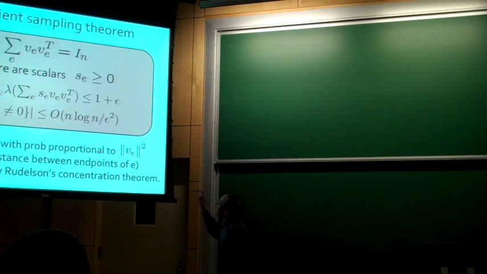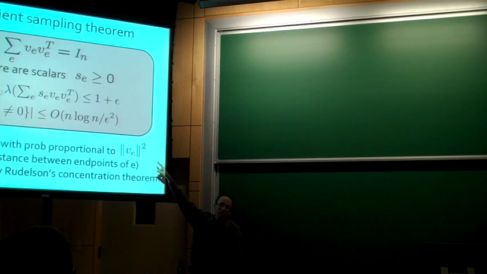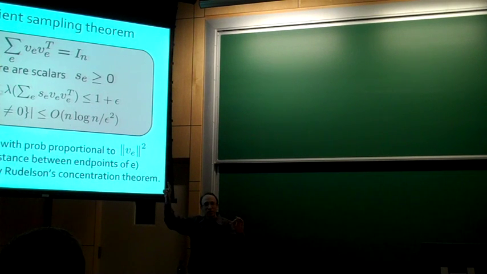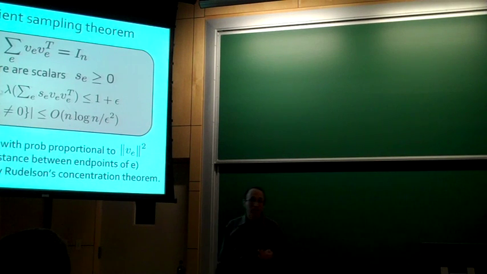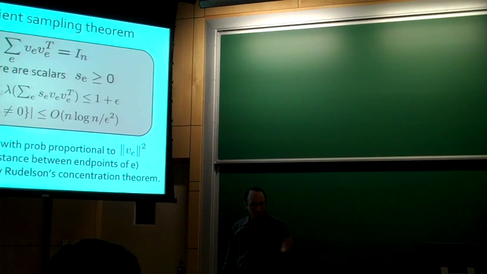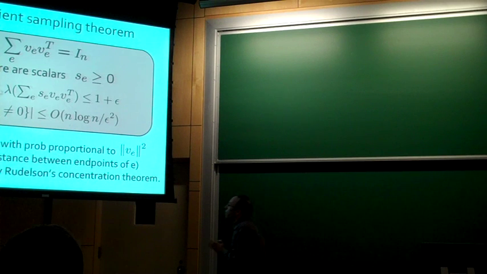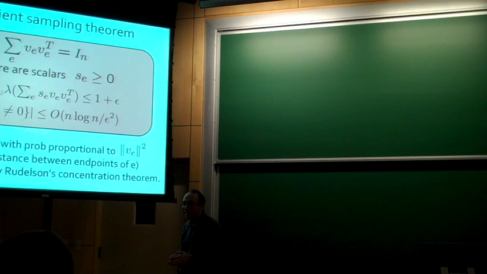Basically what happens is, to get that, you just need to choose each vector with probability proportional to the square of its norm. And if you choose it, you then multiply its weight by the reciprocal of the probability with which you chose it. And Rudelson proves you keep choosing them, and that works. In graphs, this is a really nice thing to do, because this probability is exactly the effective resistance between the endpoints of the edge of that vertex times its weight. So it turns out to have a very clean interpretation graph theoretically.